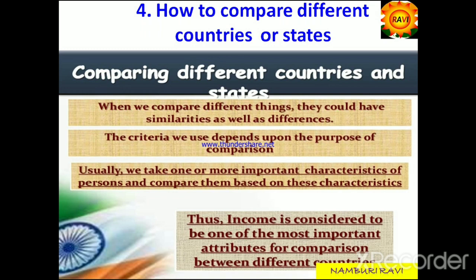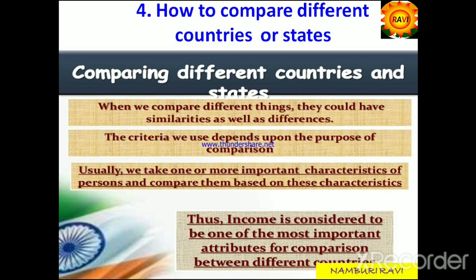National income differs from one country to another. For example, we can take the USA. The national income of the USA is much higher than the national income of our country. The GDP of the USA is greater than the GDP of India, and the GDP of India is greater than the GDP of Somalia and some other nations in the African continent. Like that, the national income of a country differs from one to another. A country's development basically depends on its national income.